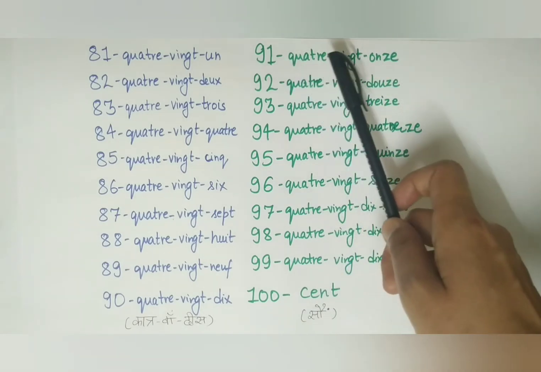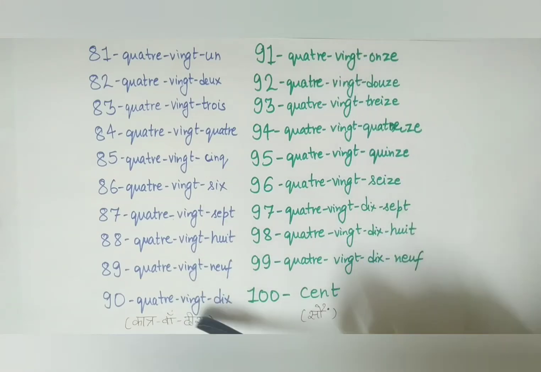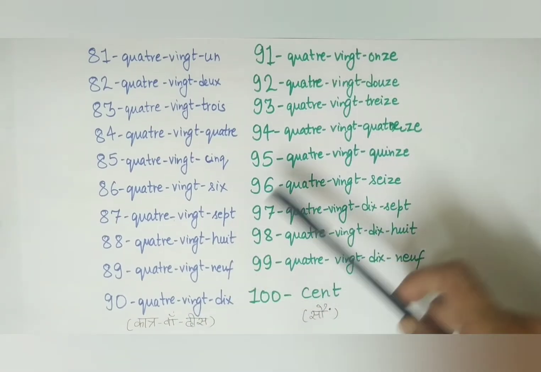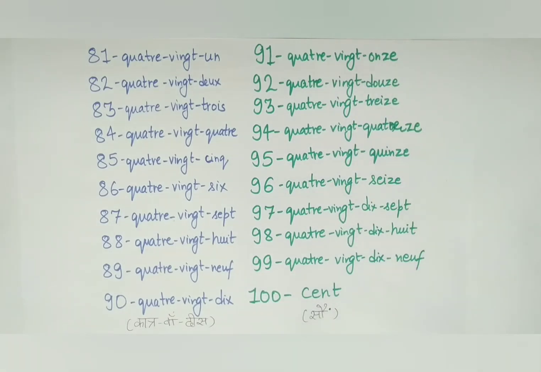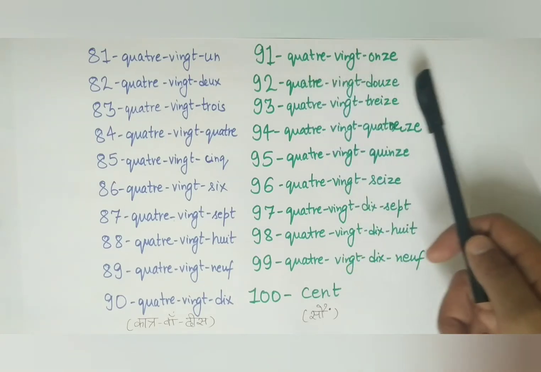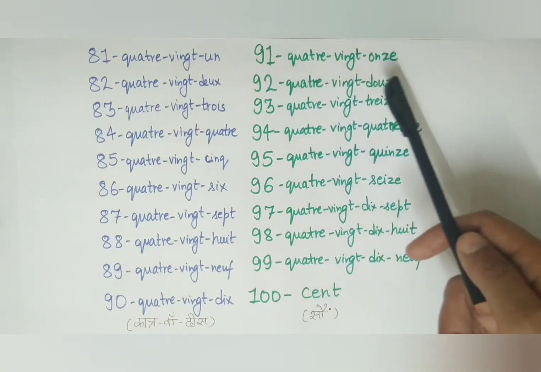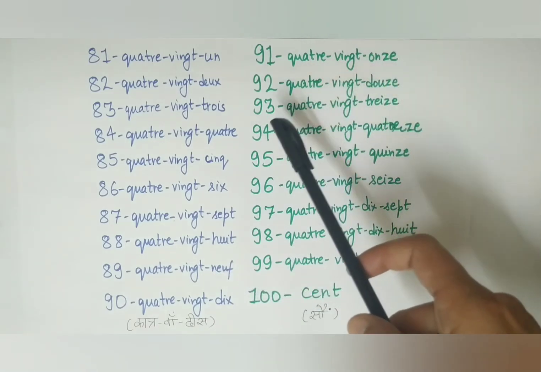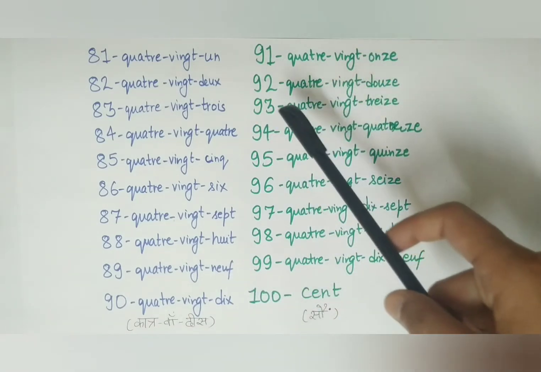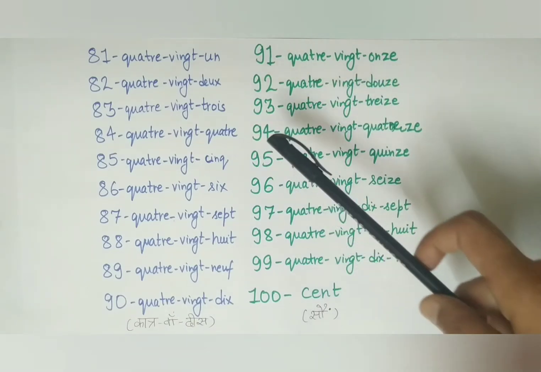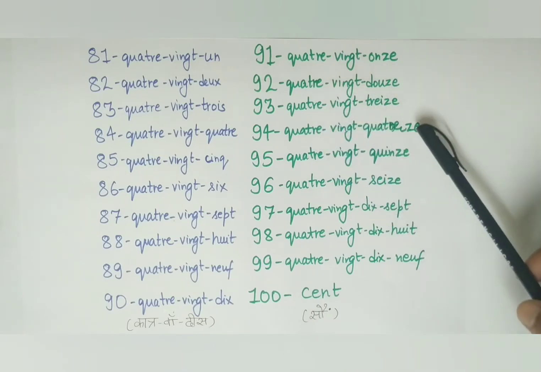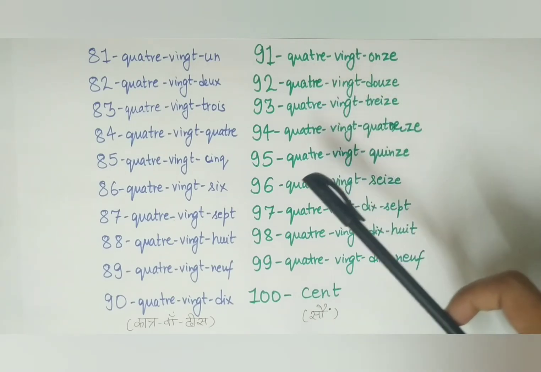91 will be quatre-vingt-onze, because after 10 we have 11. So 91 will be quatre-vingt-onze, which is 80 and 11 adding up together to make 91. For 92 we will say quatre-vingt-douze, 80 and 12 coming together to make 92. 93 will be quatre-vingt-treize. 80 is quatre-vingt, and 13, you remember 13 was treize, so it is 93. 94 will be quatorze, then 15, 16,